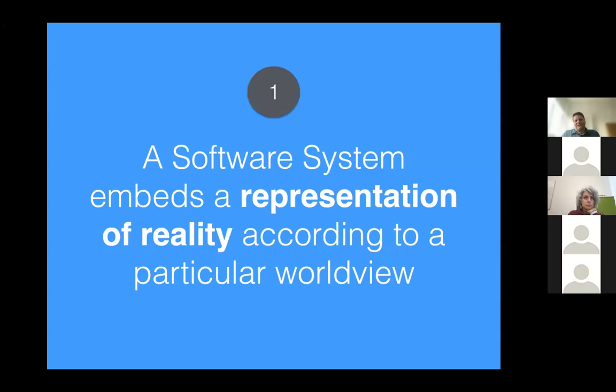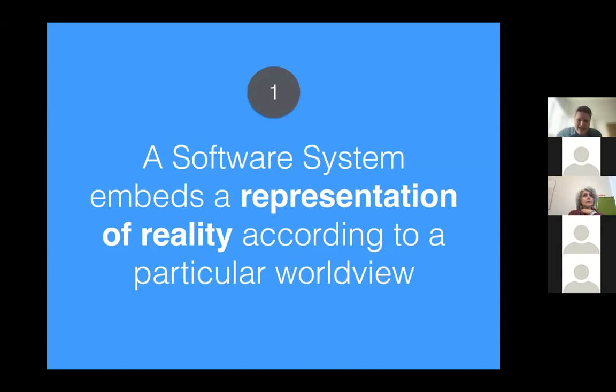So here are two assumptions. We'll start with two very, very basic assumptions, which I think are not very controversial. One is that a software system embeds a representation of reality according to a particular worldview. So every software system embeds a kind of information structure that has real world semantics, that represents a certain portion